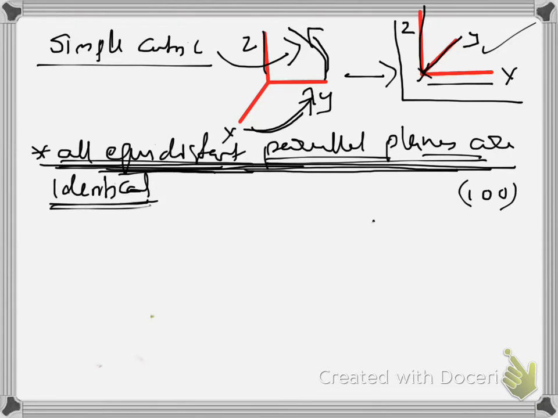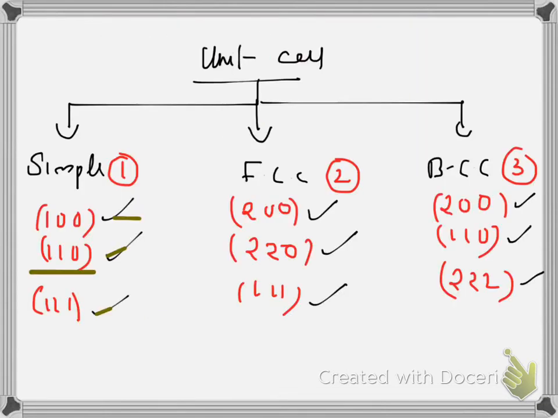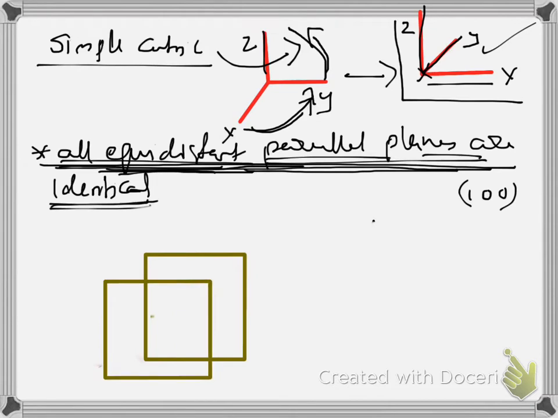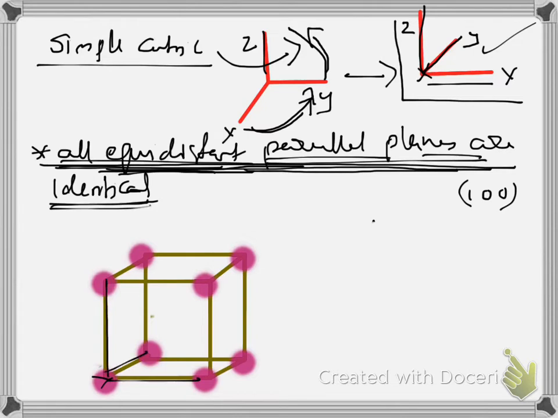Now again we move to the second plane, that is 1 1 0. Again you draw the cube. Then represent particles in simple cubic system. They are at 8 corners. Now again origin is this one. This is x, this is y, this is z. We have fixed like this. Then you draw the plane.